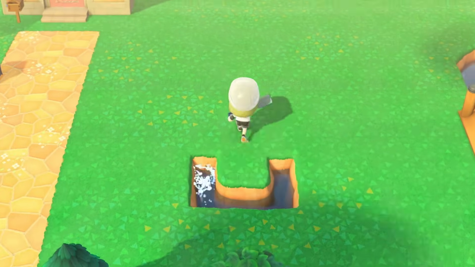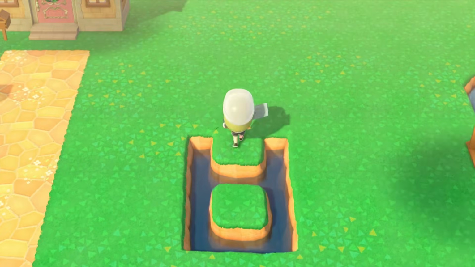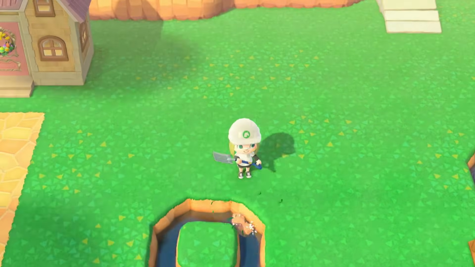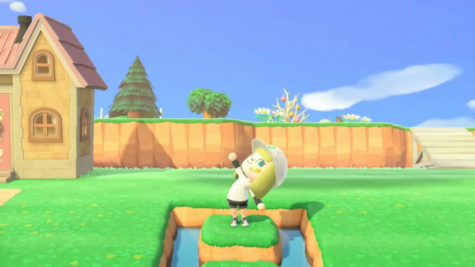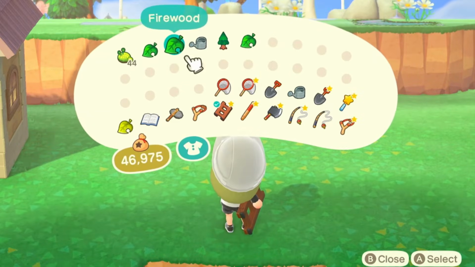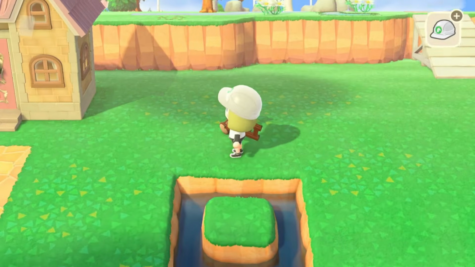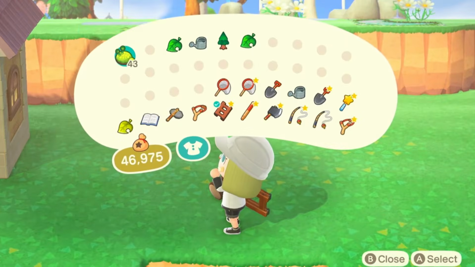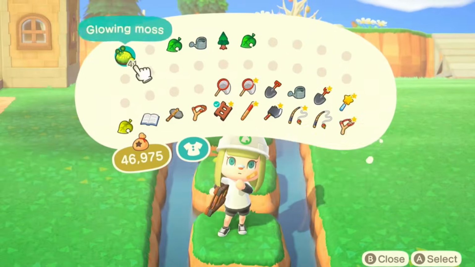We're starting by making a river, and this needs to be a minimum of 3 tiles wide, and then what I'm doing is every other tile I'm going to leave a patch of land. Now typically this build would go towards something important like your airport or museum, but I just don't have that much space on my island, so for now what I'll have this build lead to is the teddy bear yet again. And I very quickly added some moss to the stepping stones,